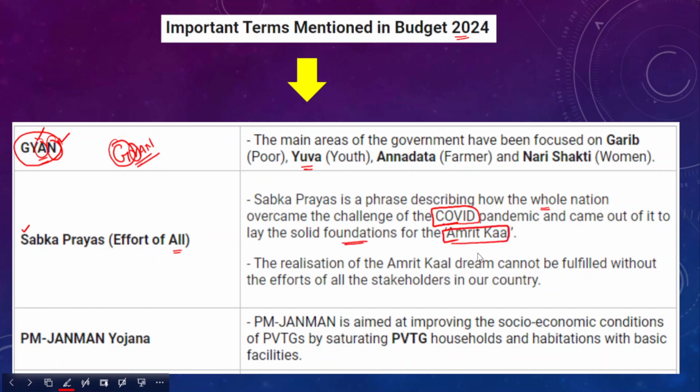Now, what is Amrit Kal? We have already celebrated 75 years of our independence, and we are heading for the 100th anniversary of our independence. The time period between the 75th anniversary and the 100th anniversary is called Amrit Kal. So, Sabka Prayas. We have achieved great success in dealing with the COVID-19 pandemic through the effort